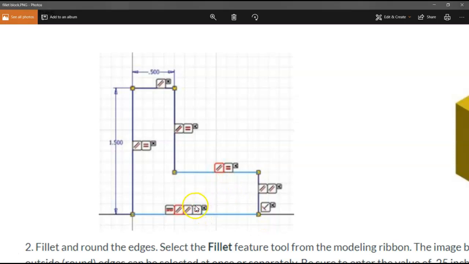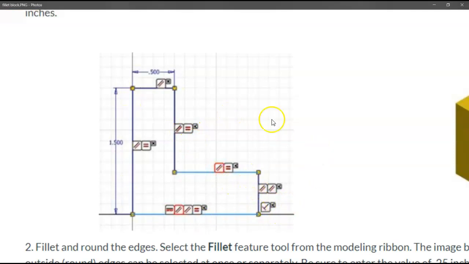And that's what this little equal sign right here is. So this is equal to this. They are the same size. This equal sign for this line makes it equal to this one. So they're the same size. These little symbols mean parallel. So this is parallel to this. This one makes it parallel to this. This makes it perpendicular. Now, you don't have to apply all these geometric constraints because as you draw the part,